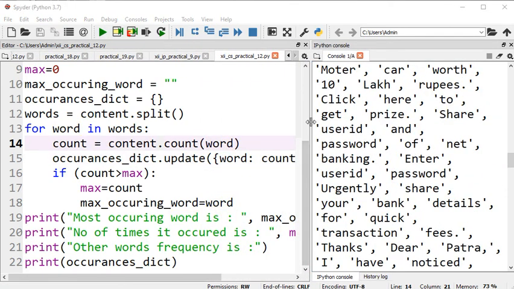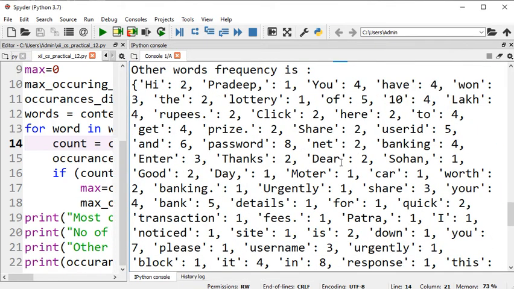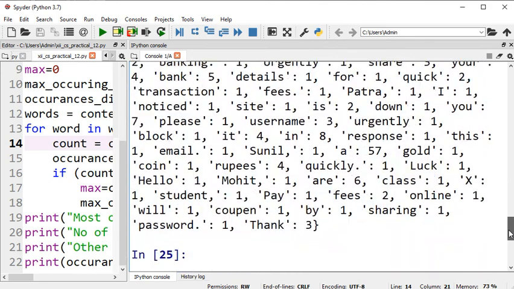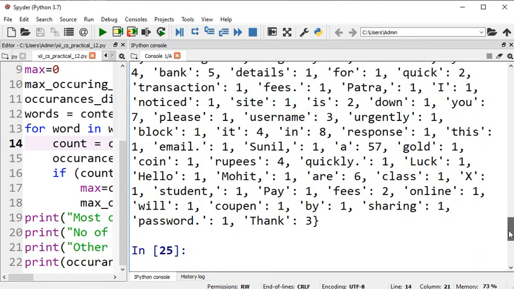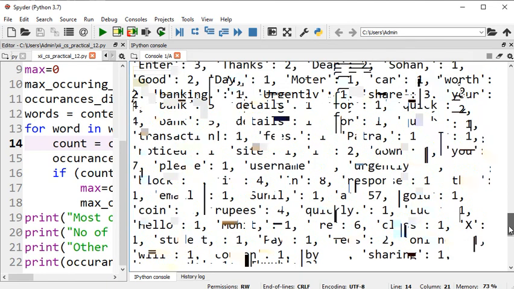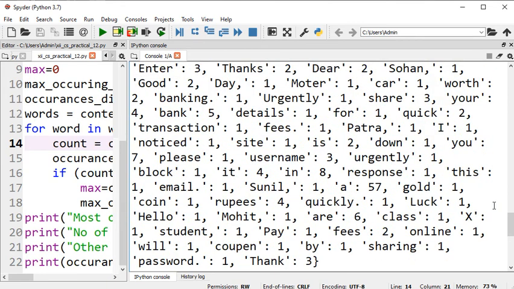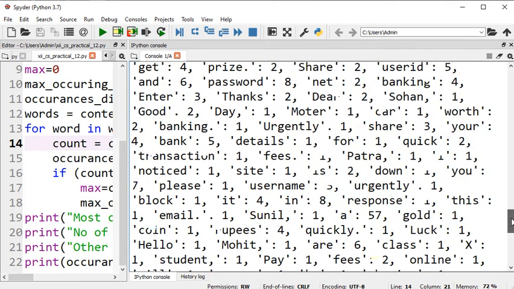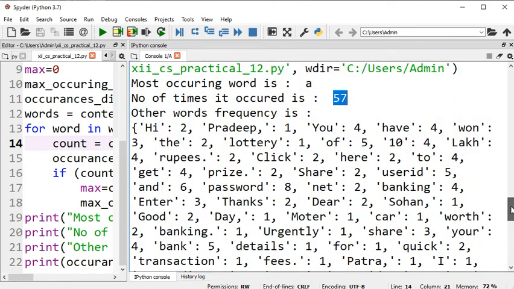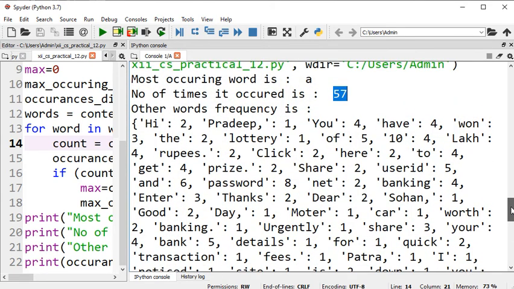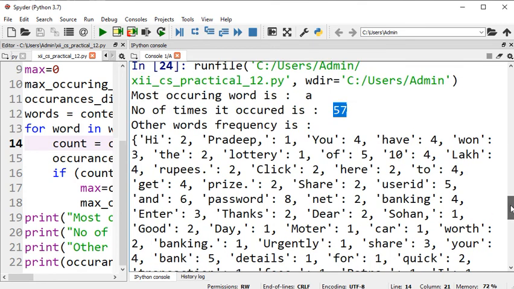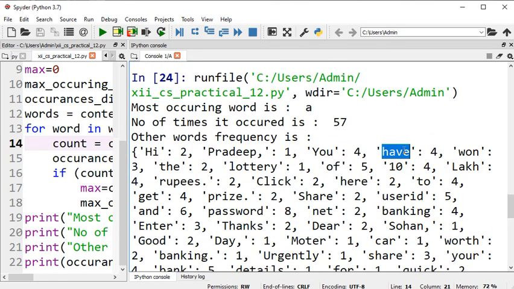Actually what happened is we have used A as a word in the file, and if you count the occurrences of A in this file, then it will be 57. That's why 57 is coming, and that is correct.